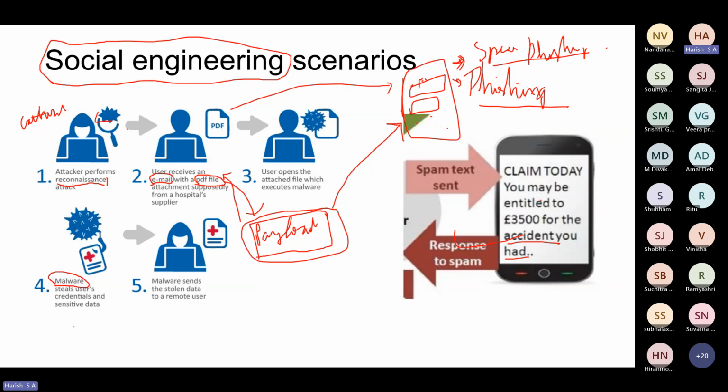So it's called a keylogger. What is a key? It's your keyboard key. What is a logger? Log. Logs means keeping a record. So it's a logging of all the keystrokes, right?